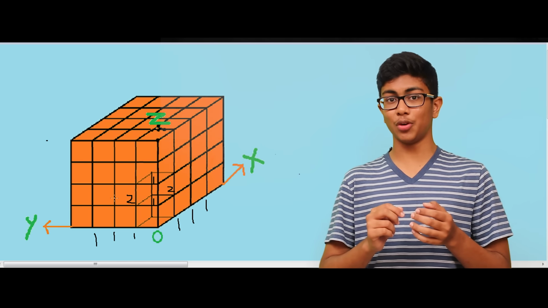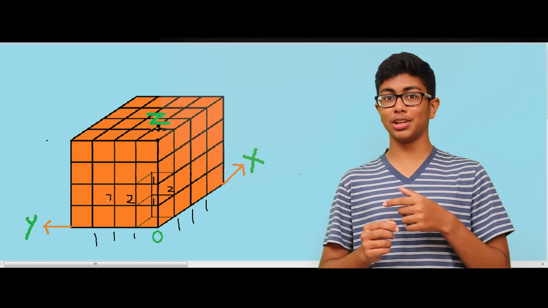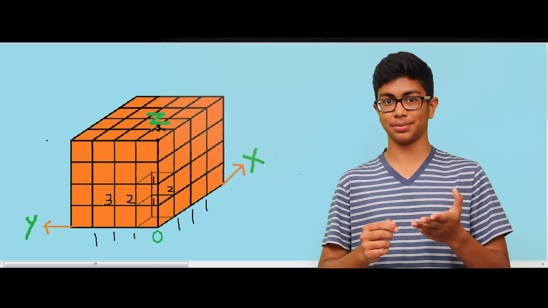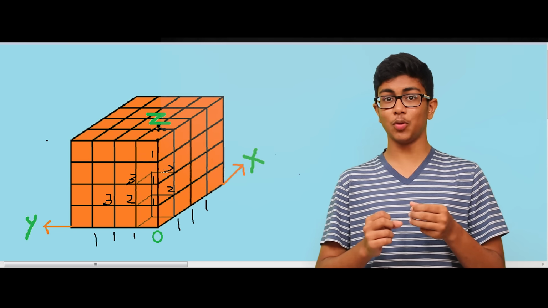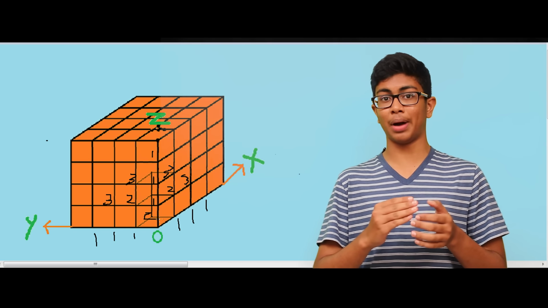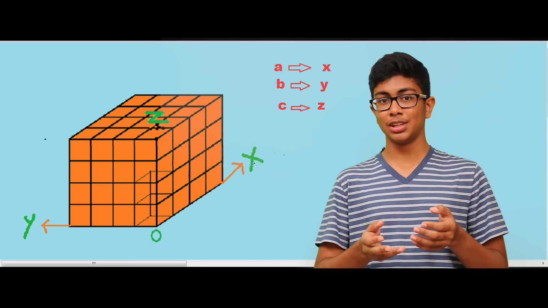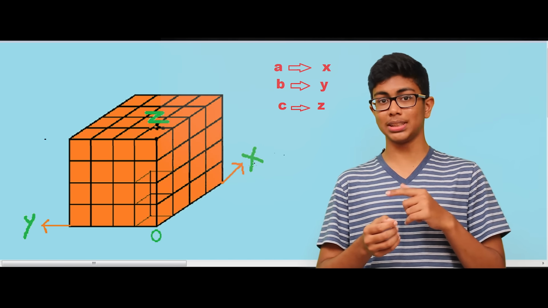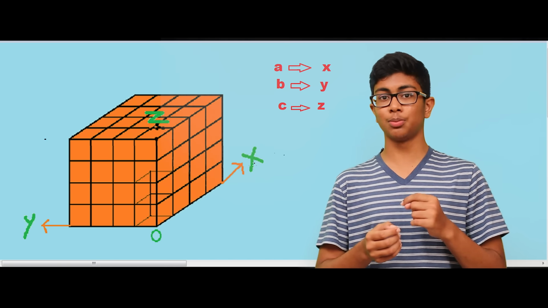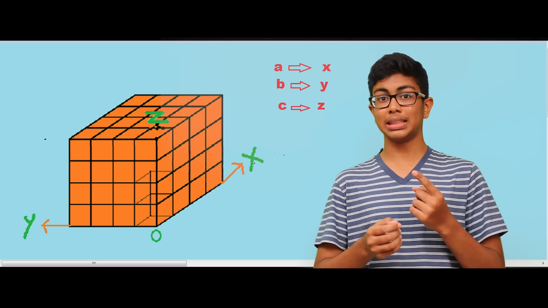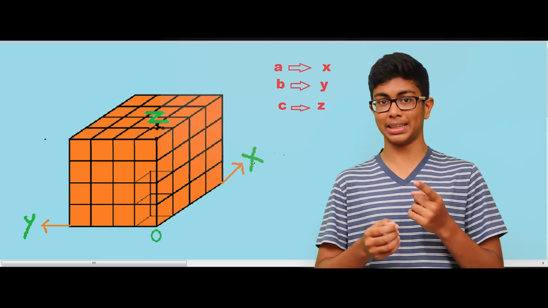So if I ask you the number of ways to this point, you're immediately going to say 1 plus 2 is equal to 3. And so you can find the number of ways to any point by progressively finding from the origin. Mathematics is just a code, right? So I'm going to assign A as moving once in the positive x direction, B as moving once in the positive y direction, and C as moving once in the positive z direction.